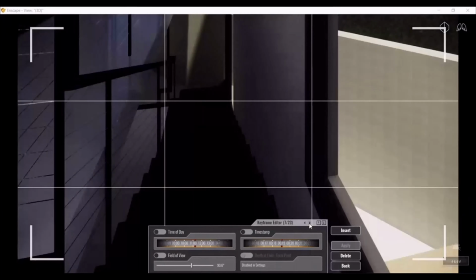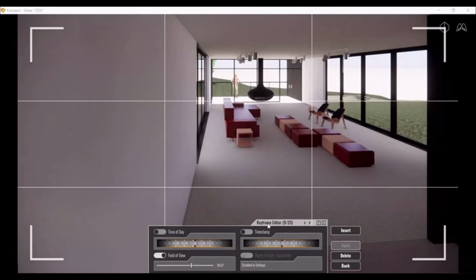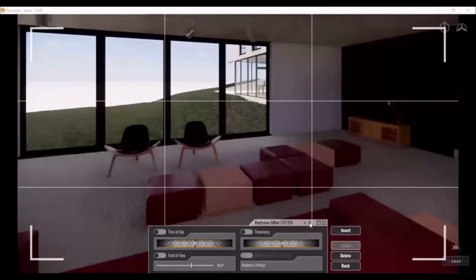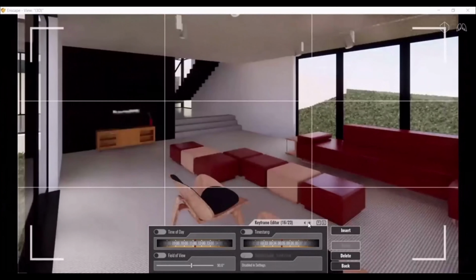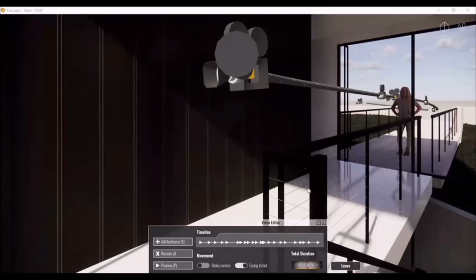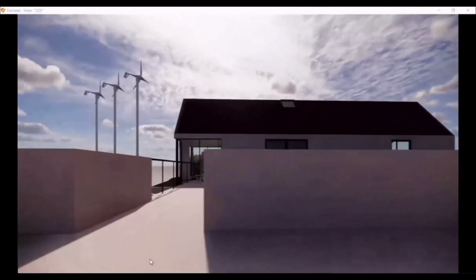Okay, and not only by moving around, but not changing your position. With this keyframe editor, you can change the keyframe by switching with this arrow. You can go to that keyframe, and there you can change all these settings. If you want to place any other camera, go to that place and click on this insert, and you can insert it. It comes back again, and again you go to this preview option, and it will play for you like that.